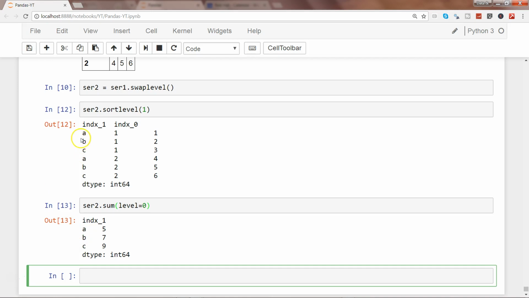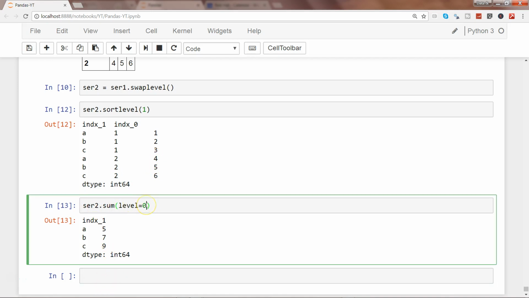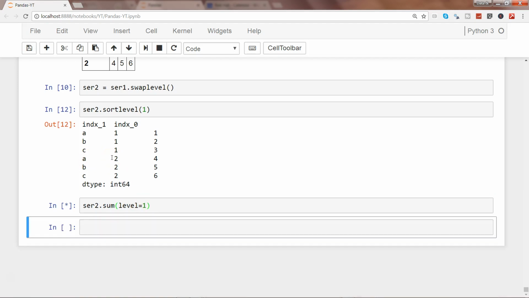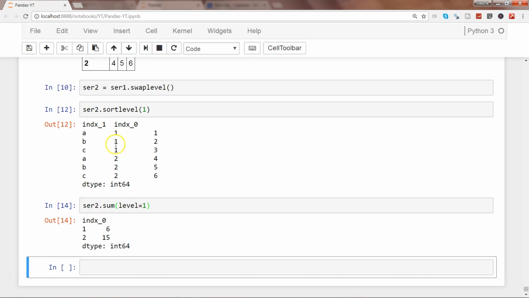So here we have for A 4 plus 1 is 5, for B it is 5 plus 2 is 7, and similarly for C you have 6 plus 3 is 9. Like level 0, since you have two levels, 0 and level 1, you can have the sum by level 1 as well, so 1 and 2.